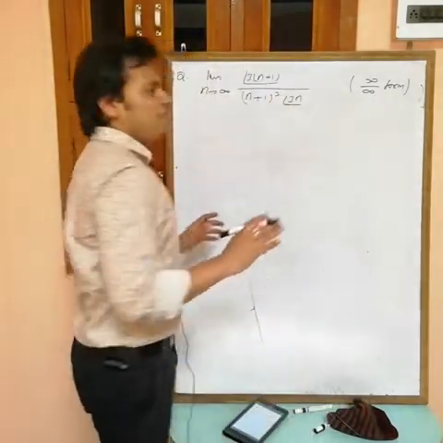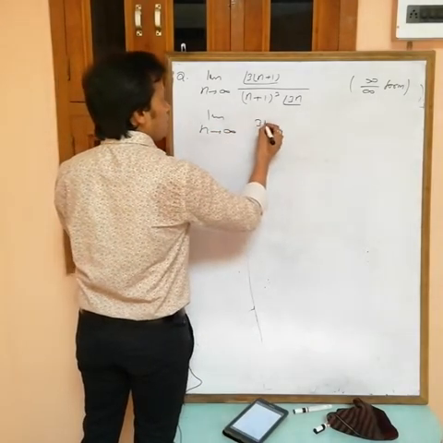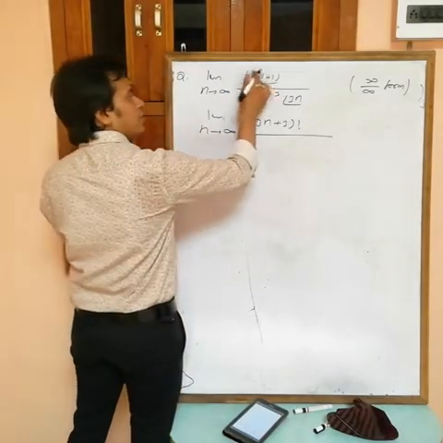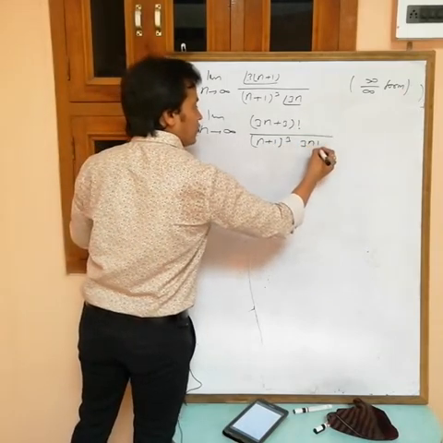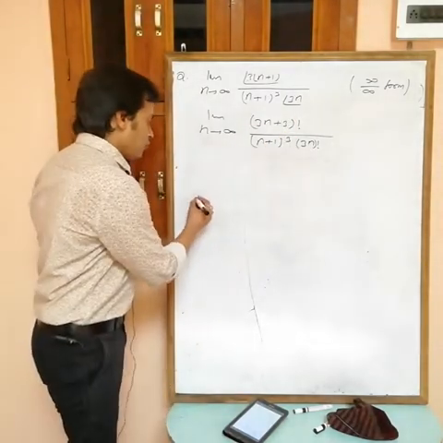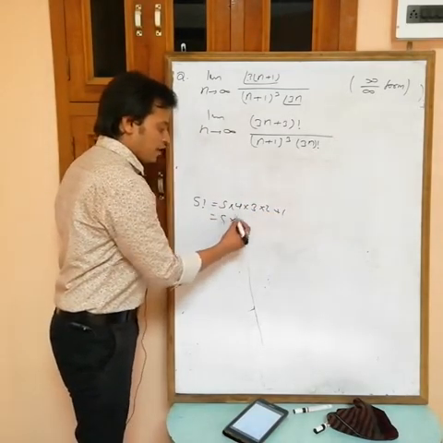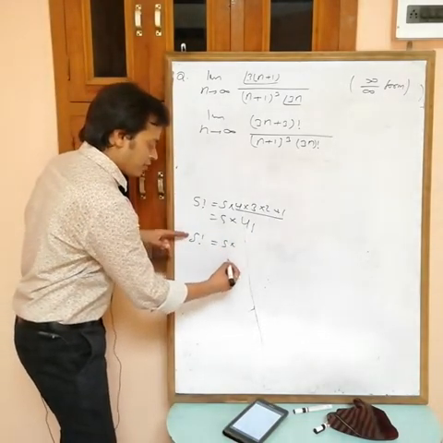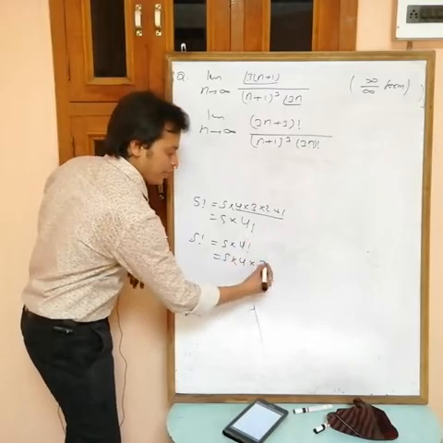One minute, first can you simplify this one? Actually yes, see, limit n tending to infinity, numerator is (3n plus 3) factorial, and (n plus 1) cube, and this is (3n) factorial. Now can you cancel out both? Actually yes, see, 5 factorial is equals to 5 into 4 into 3 into 2 into 1 na. You can write this one as 5 into 4 factorial. If you write 5 outside, then what remains? 4 factorial. Again, if you want to write 4 outside, then what remains? 3 factorial.